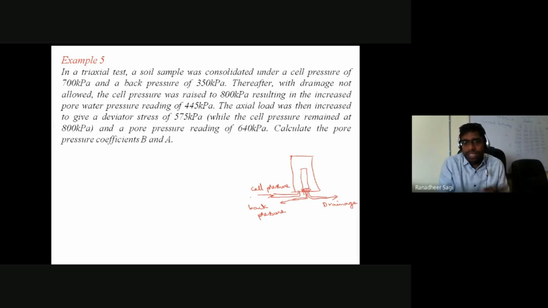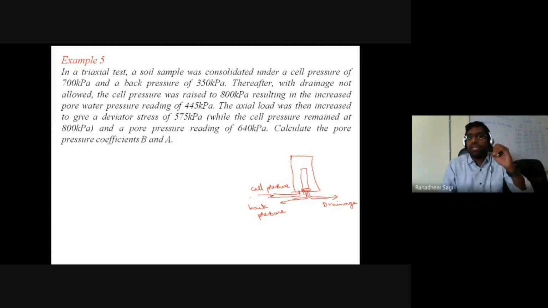I repeat, the back pressure you maintain, I'm talking about the general procedure, for saturating your soil sample should certainly be less than the cell pressure. Why is it? If the supplied back pressure is more than the cell pressure, there is every possibility that the soil sample will get damaged, because if the pressure with which you pump the water inside the pore spaces is more, then the soil sample will get disturbed. The soil skeleton structure gets disturbed, so you cannot say the soil is in undisturbed condition; rather the soil is in disturbed condition. Okay.